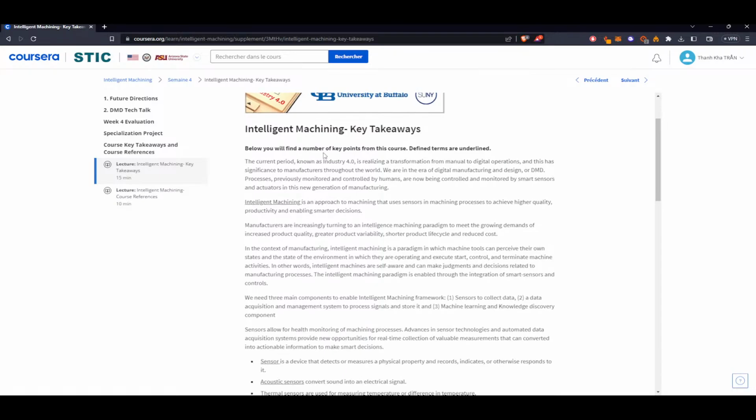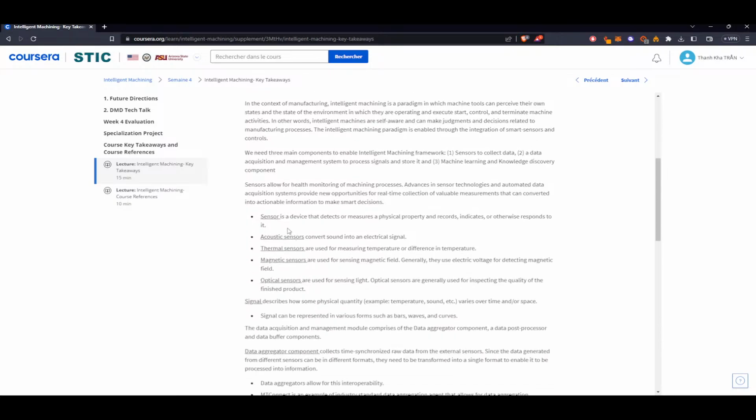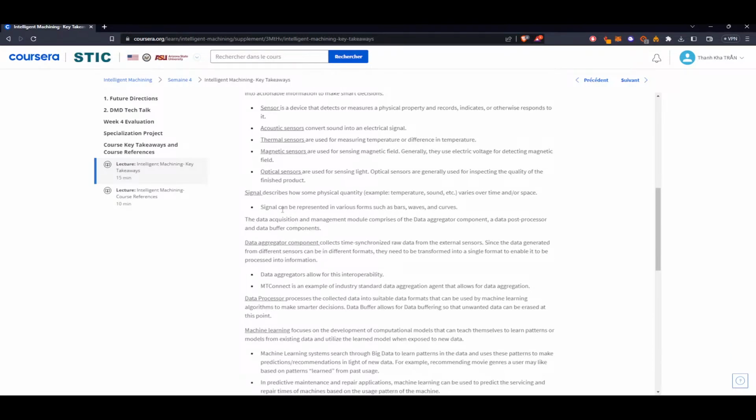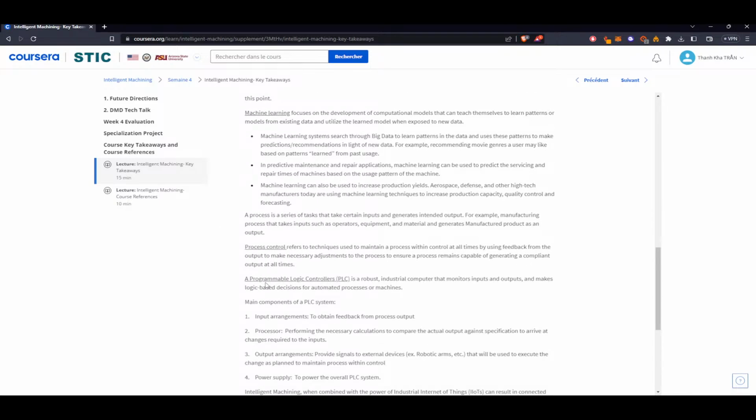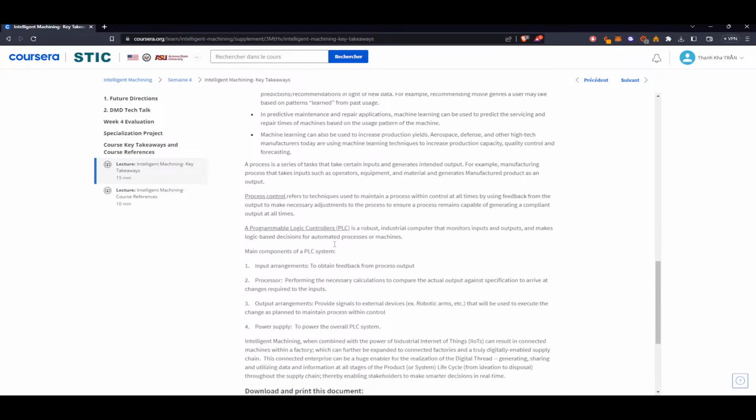Below you will find a number of key points for this course. A sensor is a device that detects and measures, such as an acoustic sensor for signal, while the data aggregator component, data processor, machine learning, process control, programmable logic control.